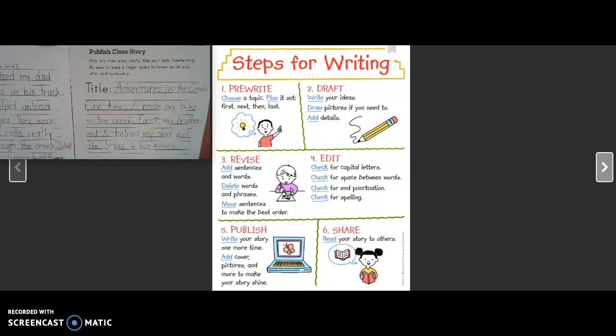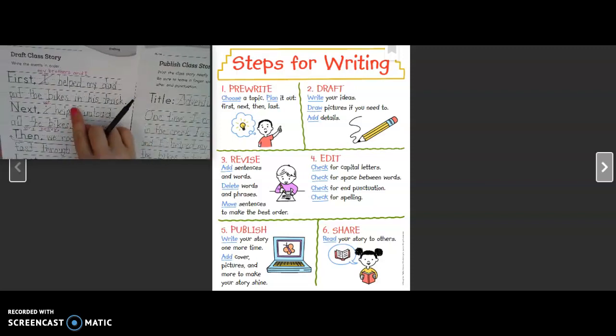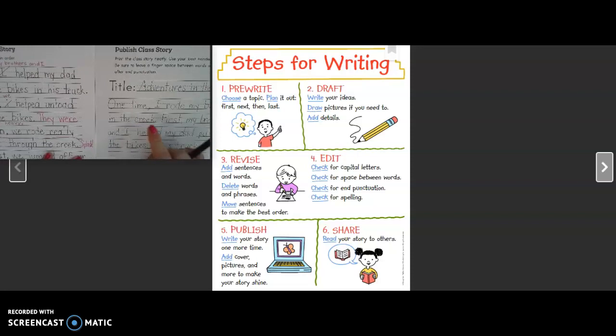Period. Okay? So I already have two sentences down for my story. I'm just looking at this and copying it down in my best handwriting, making sure that there are spaces between my words. I'm going to keep writing until I'm finished.